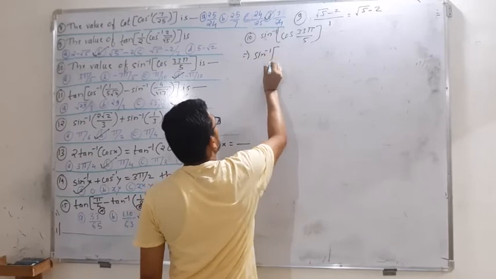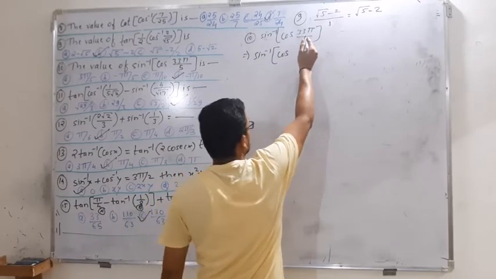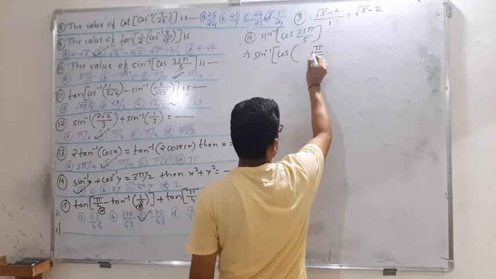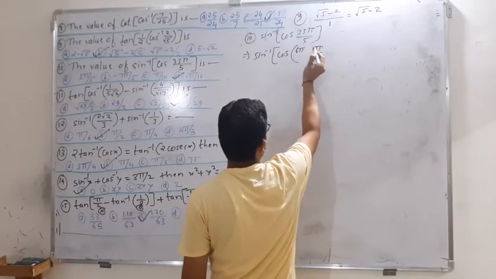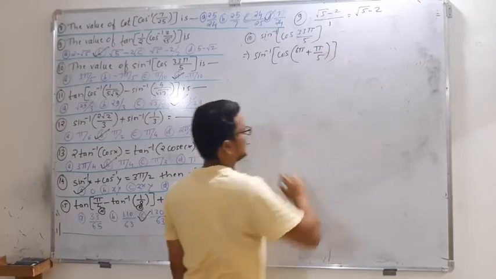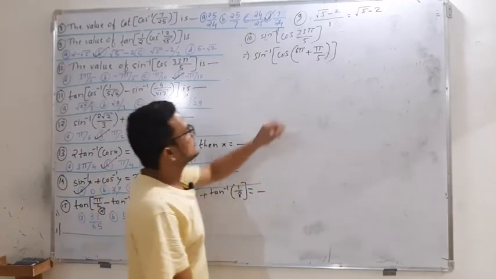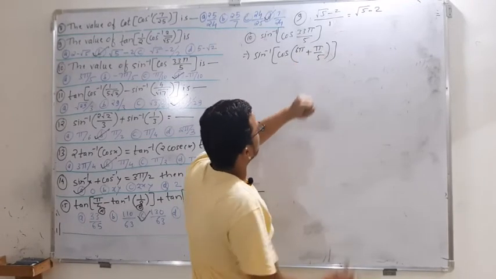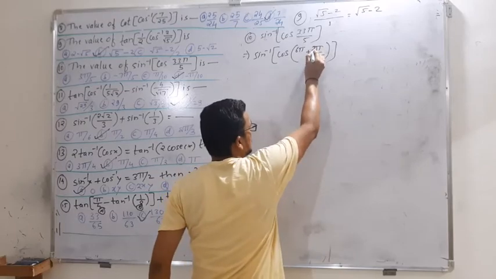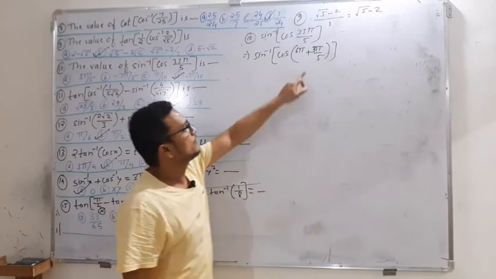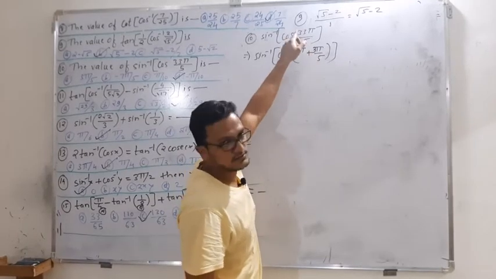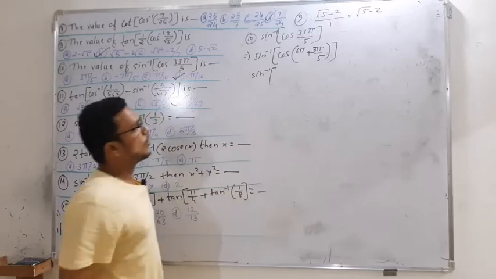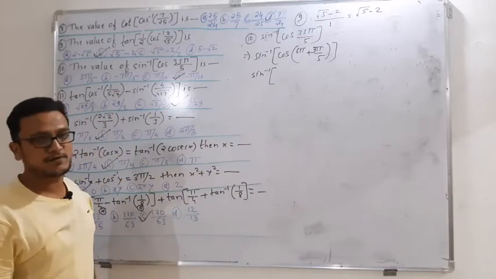So sine inverse of cos of 33 pi by 5 can be written as, I think this pi by 5 as it is first. Then I will keep here 6 pi and plus in between. If I keep this here, 5 6 are 30, 30 pi plus pi, I think you will get 31. Then I have to make the change here. This will be 3 pi. So 5 6 are 30, 30 plus 3, 33. Now sine inverse of cos of 6 pi plus 3 pi by 5 is what?